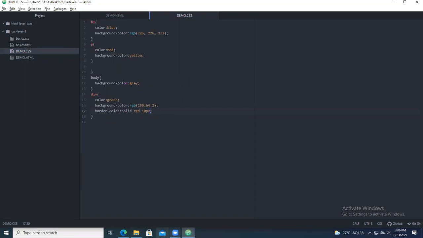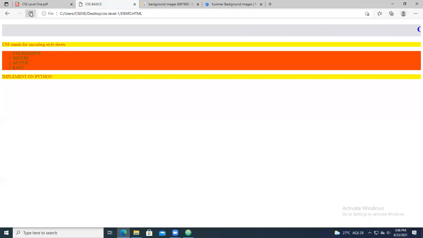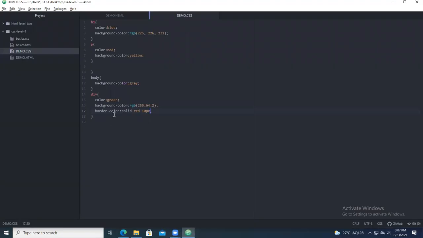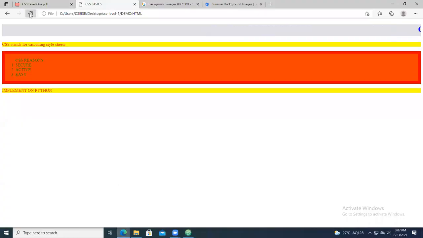So you give it as solid red. So you can have this type of contents. So I think you should be given something called border. So here you can see, this is the border content we have given.